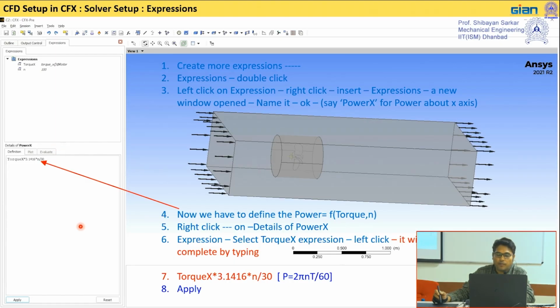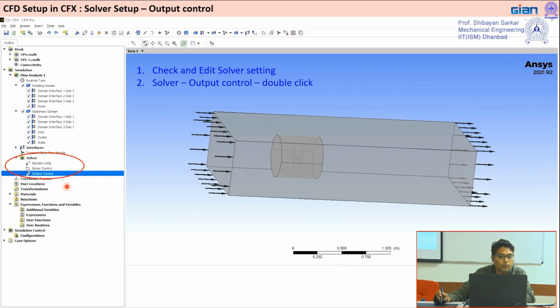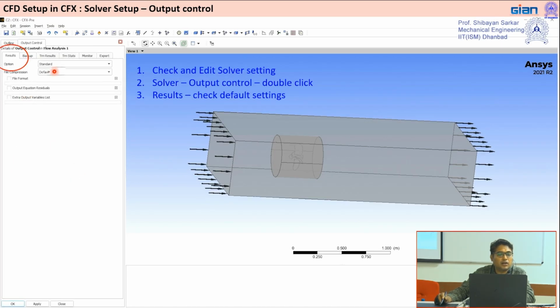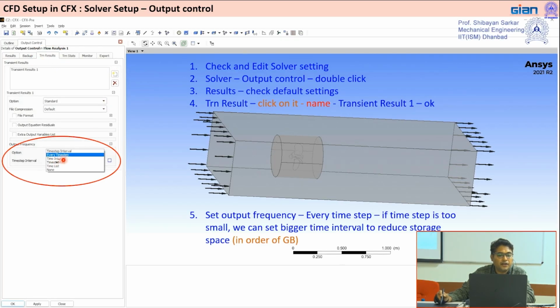Simple torque equation. So that will be completing, and you have to apply. Then whenever we will be running this particular software, it will give you the value. So this is now parameter of the output control that is being completed. This output control, that will be standard, and this transient result, this option transient result, and then output frequency, that